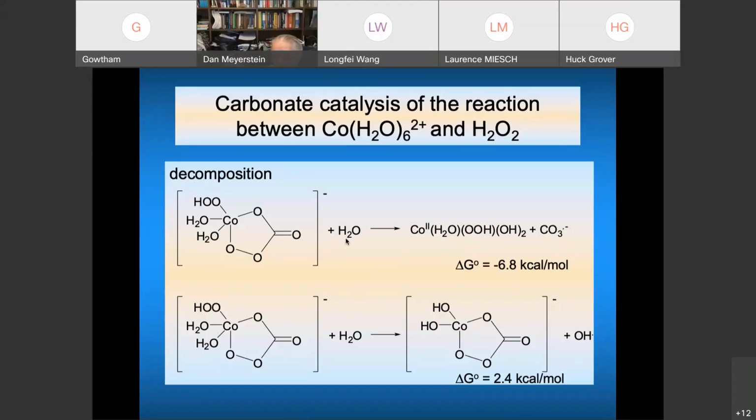Carbonate anion radicals are an interesting species, as you'll see in a minute, because the redox potential of carbonate to carbonate anion radical is 1.57 volts versus the normal hydrogen electrode, much lower than the OH radical, and therefore it is easier to oxidize bicarbonate or carbonate than to oxidize water. On the next slide,